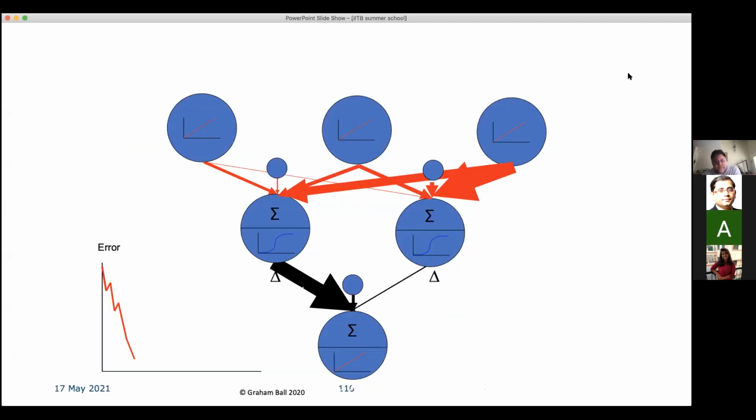So once it's trained, then we can plug numbers into the input. They will feed through the neural network and produce a prediction of the question we're asking. And that prediction will be in the form of a probability. So for example, if it's healthy versus disease, it will be the probability of an individual having that disease based upon the input values. So once we have that, we have a model that allows us to predict what's going to happen for an individual.